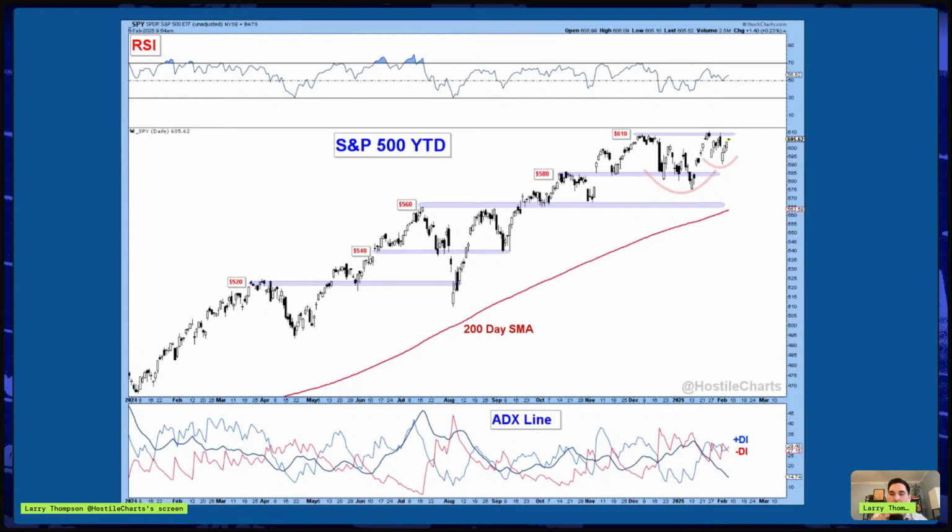I don't know if the chat's familiar with the ADX line, but Welles Wilder, chat, when you free up, Google him. He has a great book written about the ADX line and trend following and how to identify a strong trend. And what we see in this bottom panel is the ADX line declining, meaning the strength of the uptrend is getting weaker. And so what's that lead to? That leads to trend following methods not working really well. So it's just something we want to be aware of, chat. The market's a little choppy from an index level. Yes, there's going to be individual charts that work.